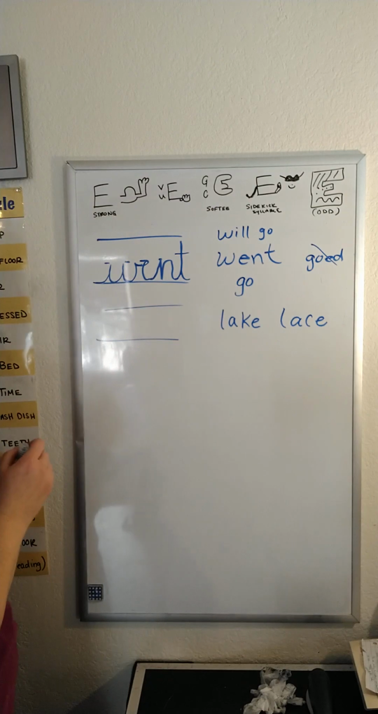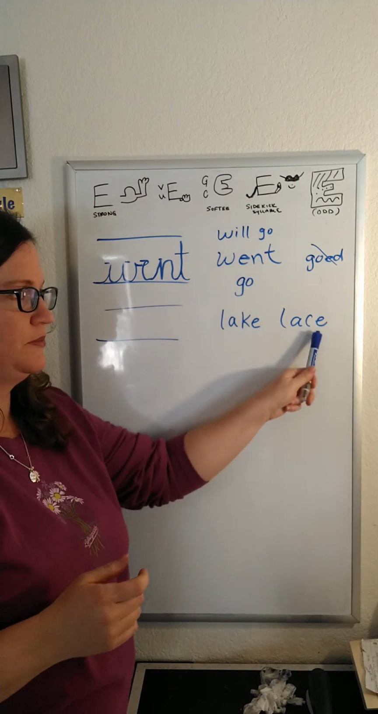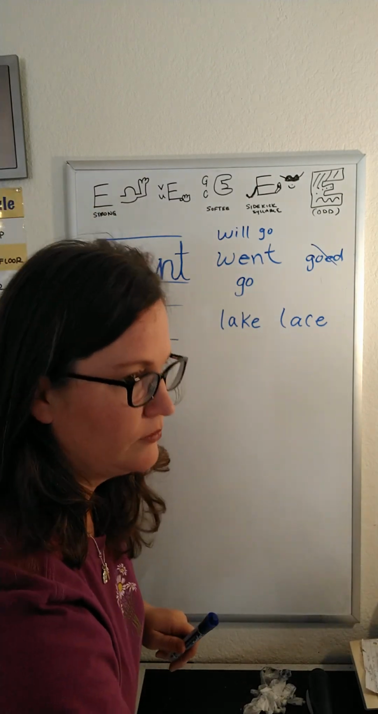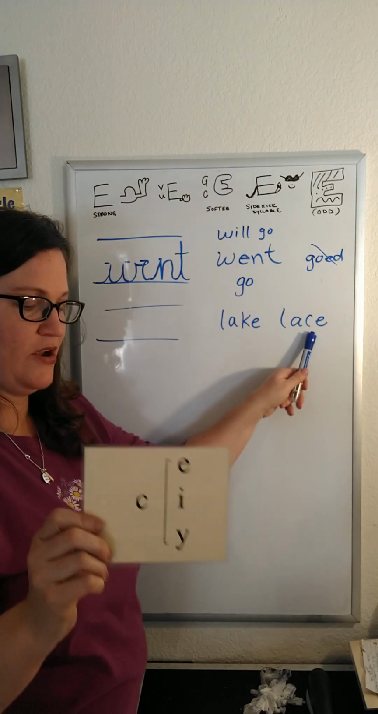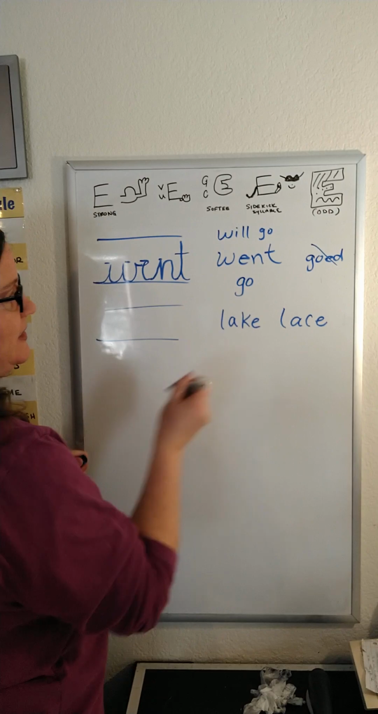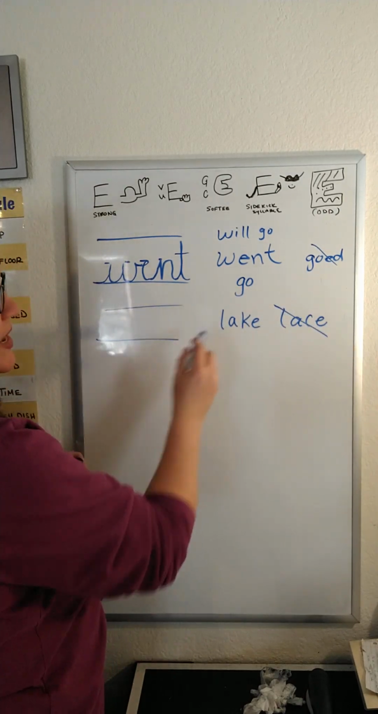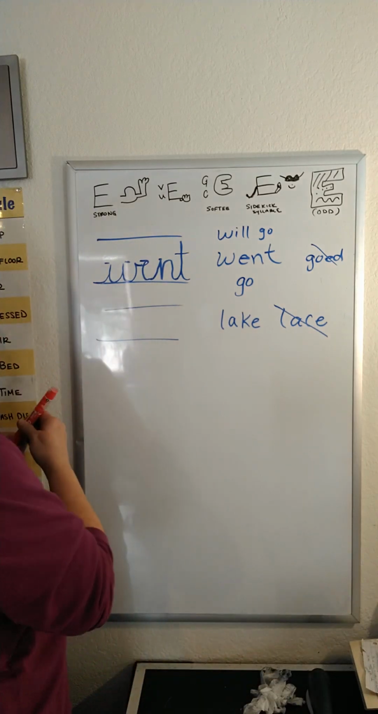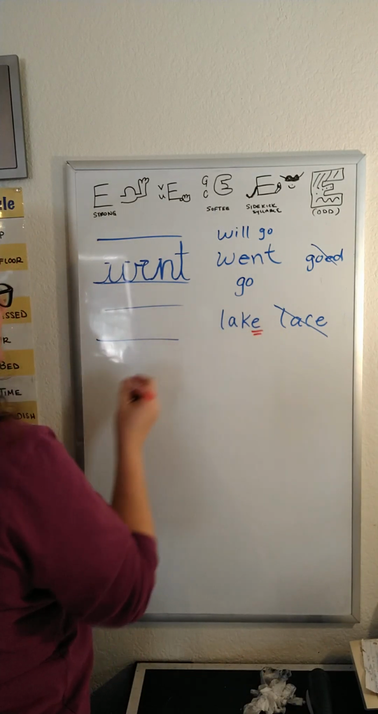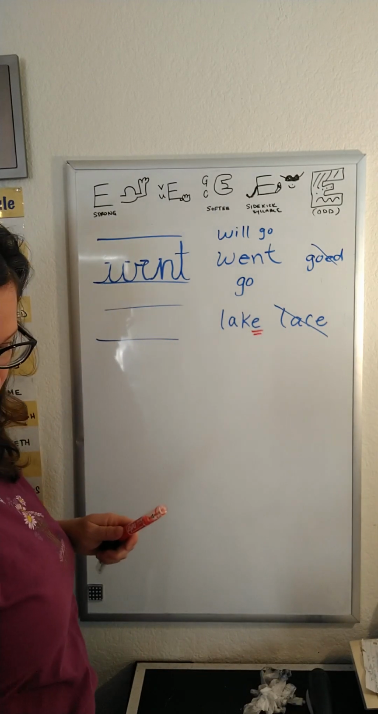How do I know which sound to use? What's lace? C says S in front of E, I, or Y. Okay, so this is lace. Here we have lake. Silent E. We underline our silent E. Why does it say have a silent